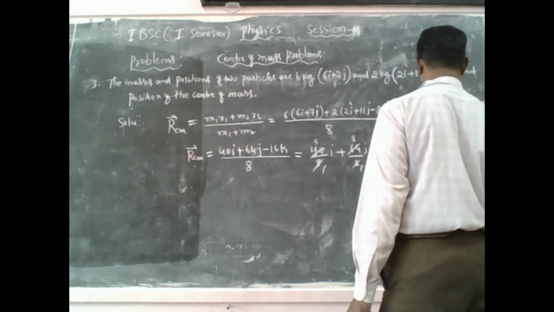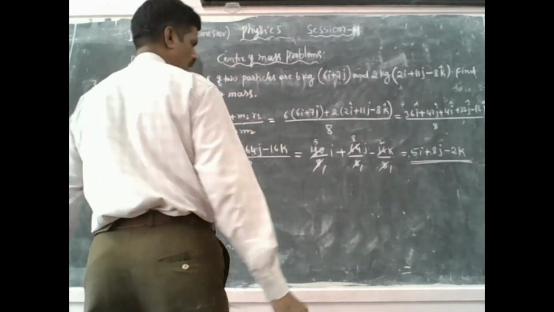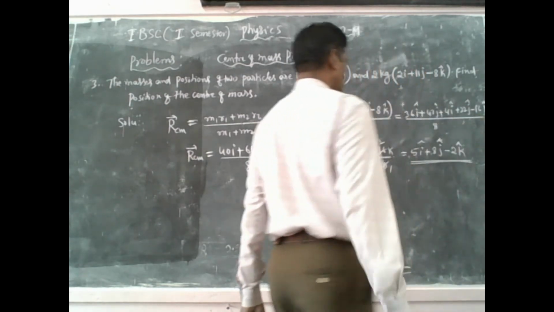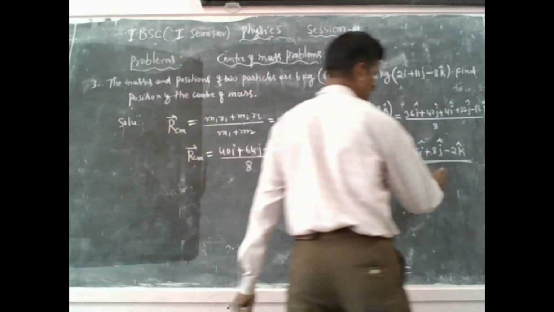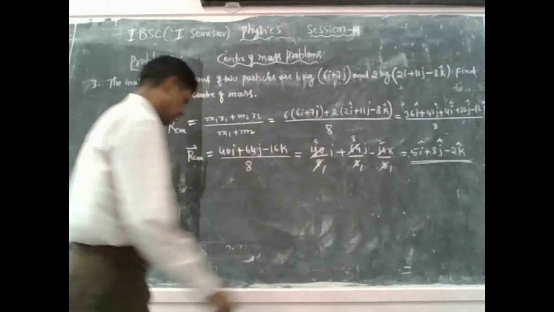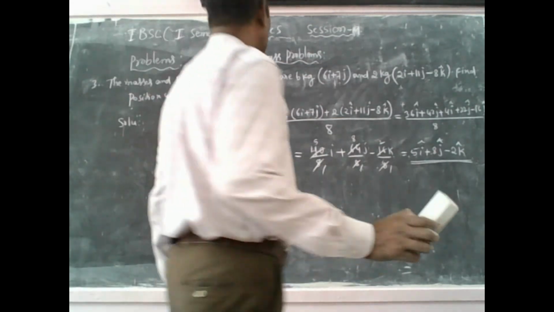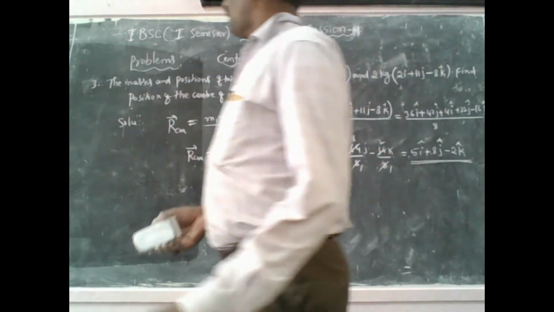Okay, so this is the solution. The position of the center of mass is 5i plus 8j minus 2k. And now, so these are the one kind of problems, isn't it? And another kind is